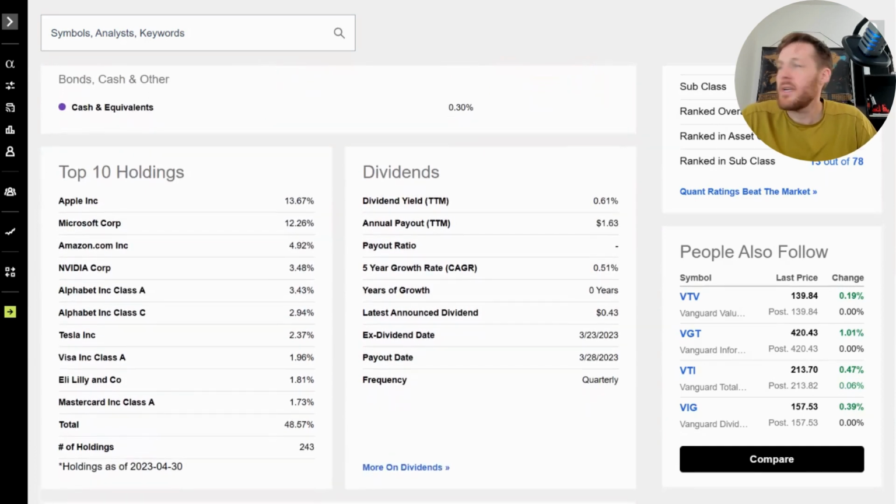For the actual top 10 holdings of individual companies, you have Apple and Microsoft in the 1 and 2 position. No surprise there. 13.5% for Apple, 12.25% for Microsoft, followed by Google, also known as Alphabet. It looks like it's down here in the 5 and 6 position in the top 10, but when you add up the Class A and Class C shares, they're actually just over, let's see, maybe 6.5%, 6%. So Google, Alphabet would actually be the third largest holding in VUG, followed by Amazon at 5%,